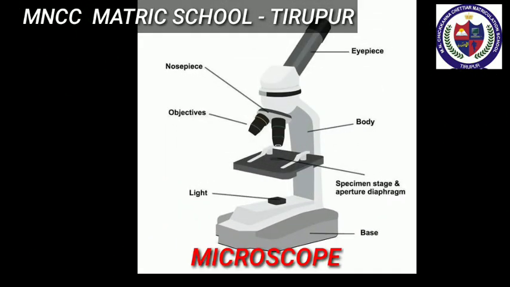Next we are going to learn about the microscope. This is an optical instrument which helps us to see tiny, that means very small objects. It is classified into two types. First one, simple microscope, and another one is compound microscope. The simple microscope is used by watch repairers and jewelers to read small letters clearly, to observe parts of flowers, insects, etc.